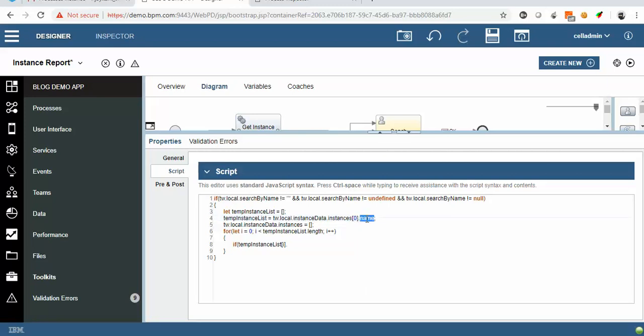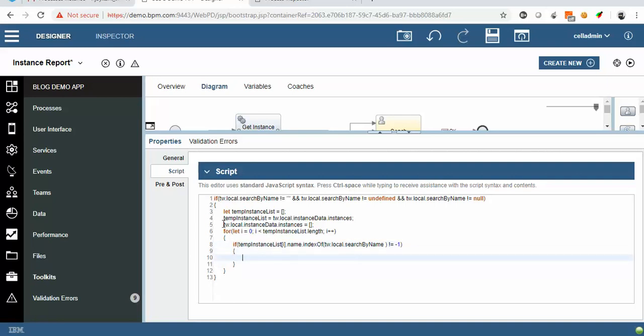We can use this name, and we will write it here dot index of our variable tw.local.search by name not equals to -1, then